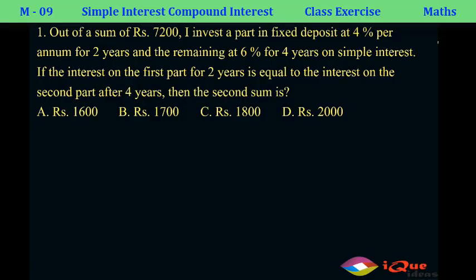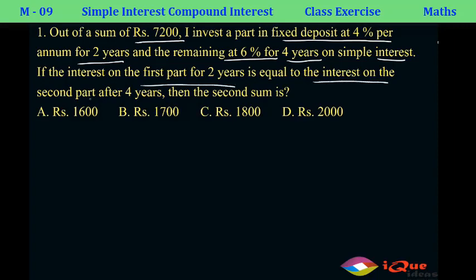Alright, now we take up questions from exercise M09, which is an exercise based on simple interest and compound interest. Now the first question says, out of a sum of rupees 7,200, I invest a part in fixed deposit at 4% per annum for 2 years and the remaining at 6% for 4 years on simple interest. If the interest on the first part for 2 years is equal to the interest on the second part